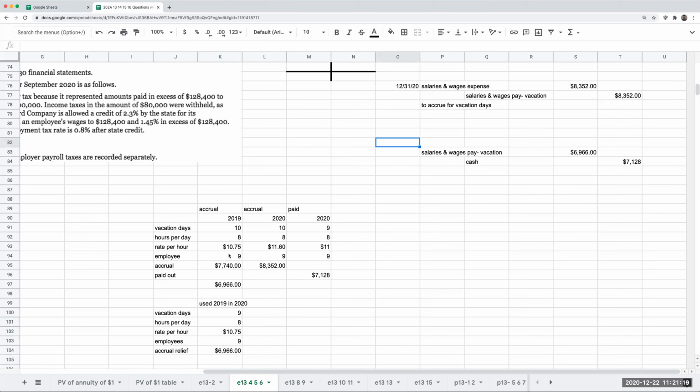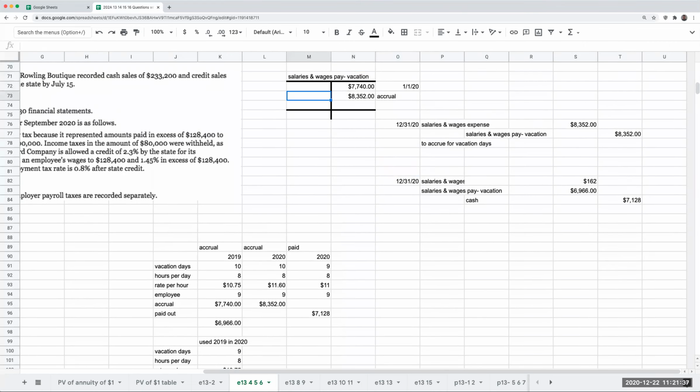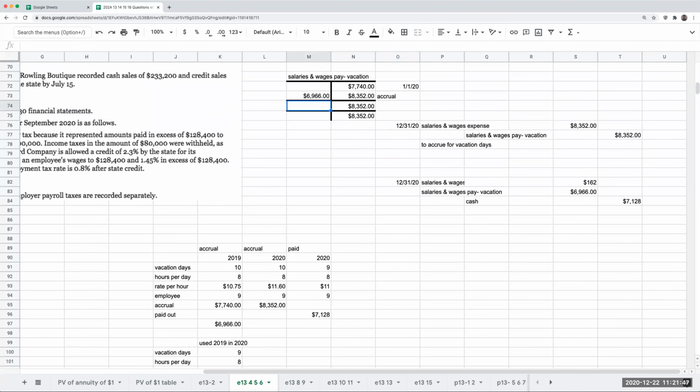Now, what you'll notice is that my wages don't balance. Why doesn't it balance? Because I was wrong in how much I was going to be paying my employees by 25 cents. But as we see over here, you've got this difference. So this would be salaries and wages expense, and this would be on 12/31/20. So over here, in terms of what this looks like, I've got 69.66. So my ending balance